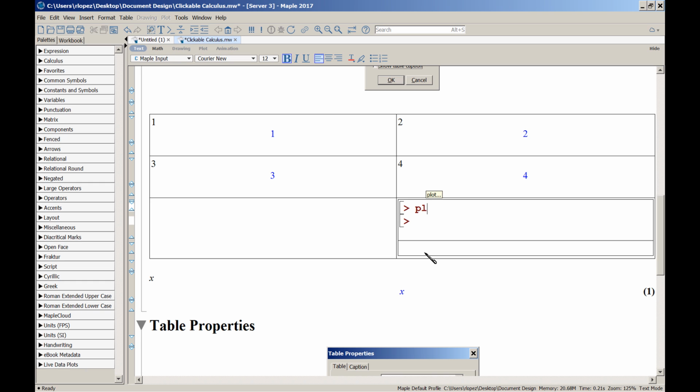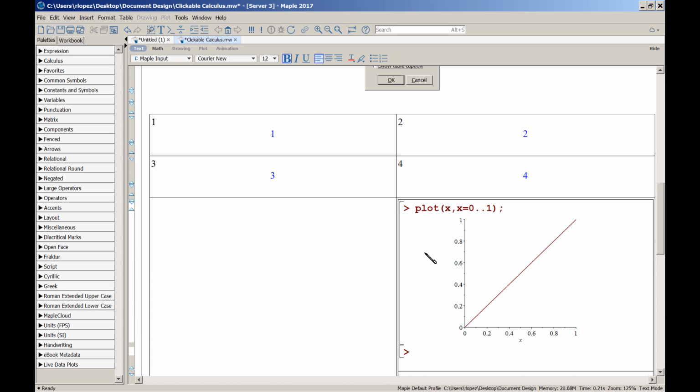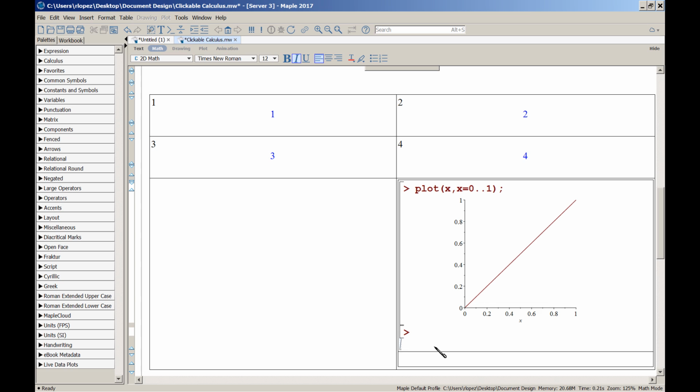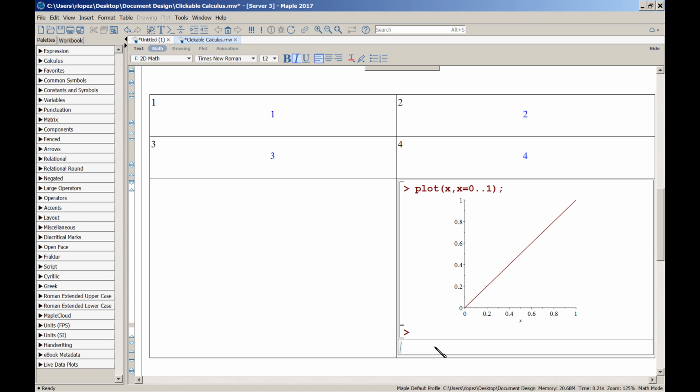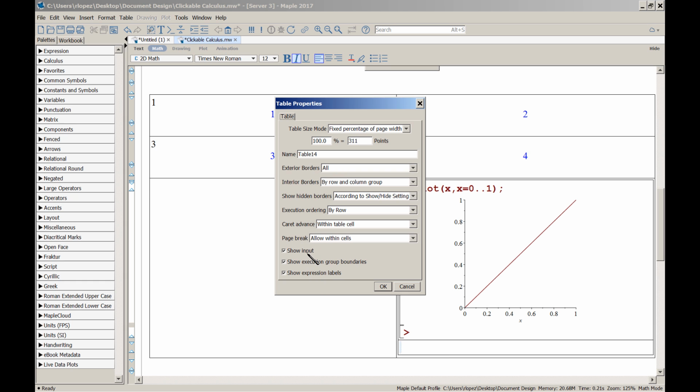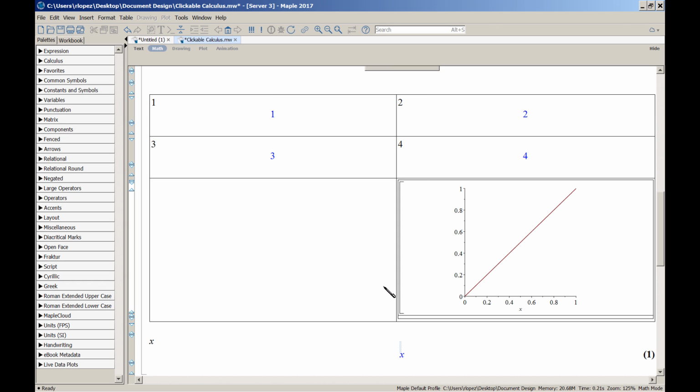So let's just do that simple plot. And execute that. Okay, take out this blank line, and now if I uncheck show input, that applies only to this table,